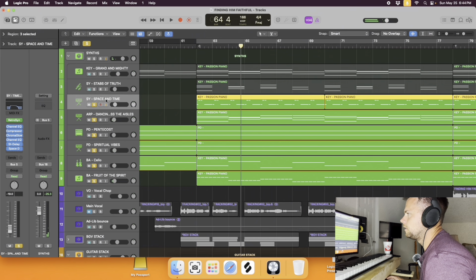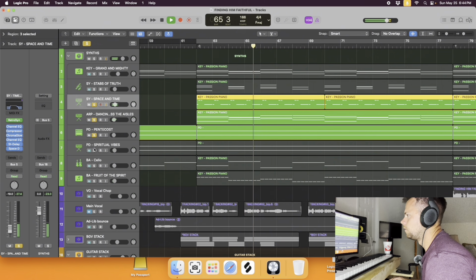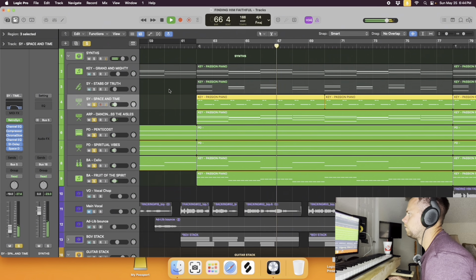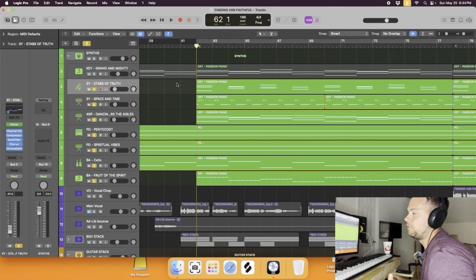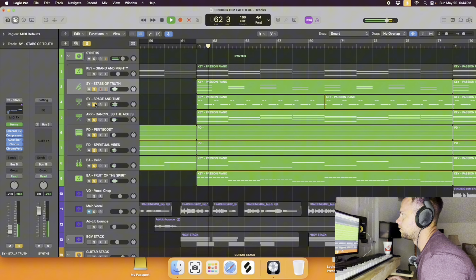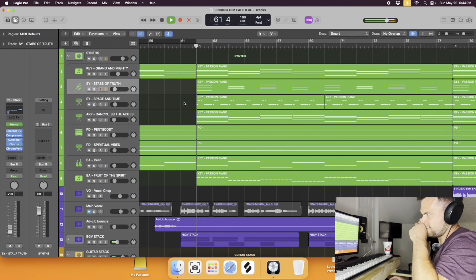We have this space and time pluck that again is out of the pack, and it sounds like this. Stabs of Truth, again out of the pack. I didn't mean for this to just be an ad for the pack, but a lot of these ended up working just fine for it. This is like a horns section. And our same piano. So then if we put it all together,